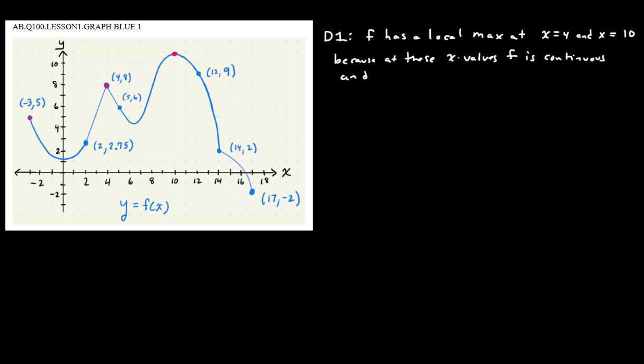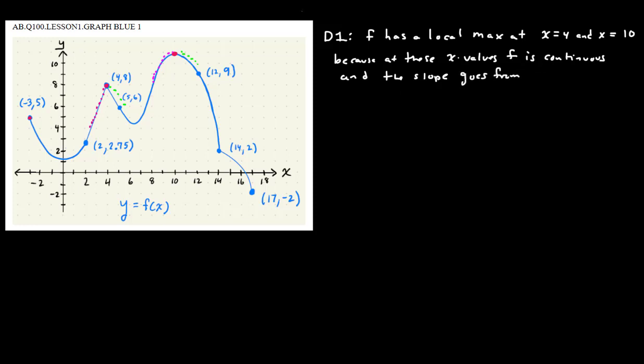And here's the slope justification. Notice what happens to the slope. The slope went from positive slope to negative slope, and that occurs all the times where we have a maximum. With exception of the endpoint, we can use slope to justify a maximum. The slope goes from positive to negative. F is continuous, and the slope goes